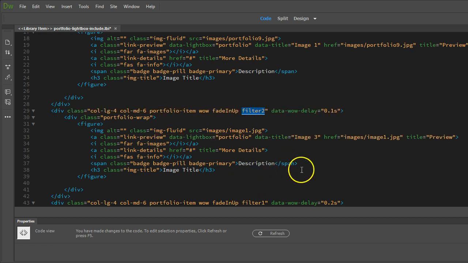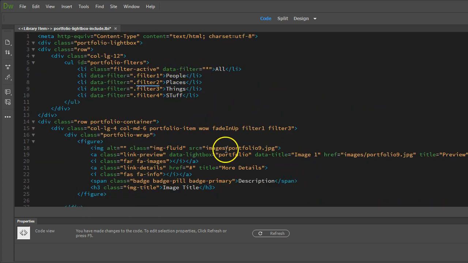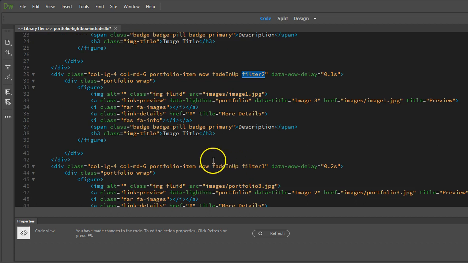If you want to change, select which category it's linked to. And then there's the description and there's the image title right there. The text in white, or depending on what version of Dreamweaver, you can just double click in the description, type in your new name, and select the title and type in your new title. Keep them short. These are not designed to fit paragraphs of text, 1, 2, 3 words at most, or you're going to start pushing the